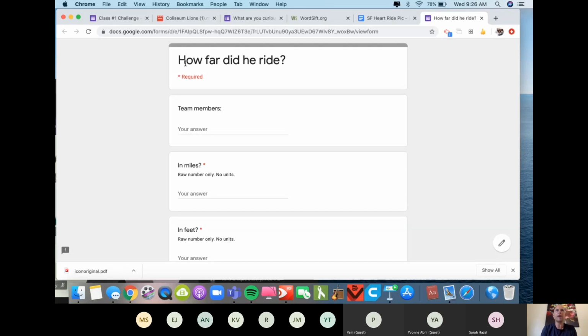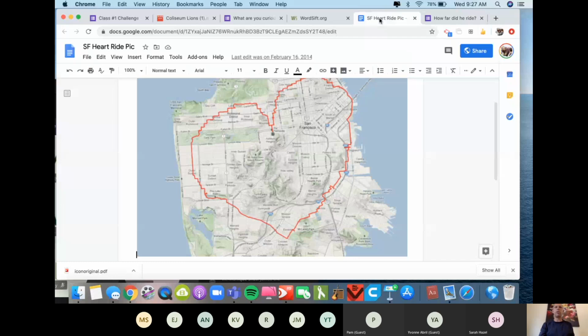A lot of them want to know how fast he went. Or how long did it take, but we convinced them they need to answer the question, how far first. And then we give them some tools to answer that question. This is the challenge, okay? We give them a picture of it and a place to put their answer. And then I say, you have your computers, you have whatever you want. Go for it. 30 minutes, okay?